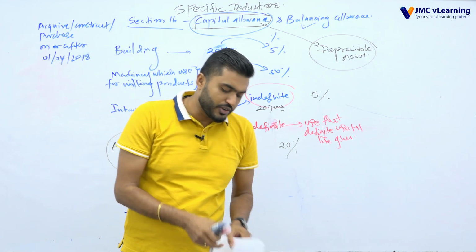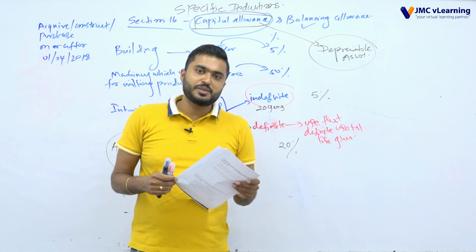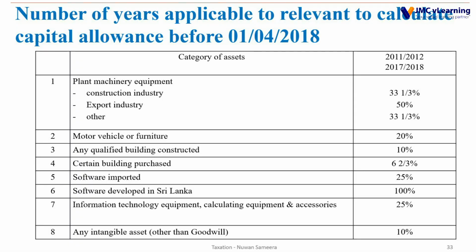If it is before 1st April 2018, you have to use the old rates. Plant and machinery equipment is 33.33%, that is under the construction industry. If it is export, that is 50%, other 33.33%. Motor vehicles and furniture 20%. Any qualified building constructed, that is 10%. Then imported software, that is 25%; software developed in Sri Lanka, that is 100%. Information technology equipment, calculating equipment and accessories like computers, 25%. Any intangible asset other than goodwill,